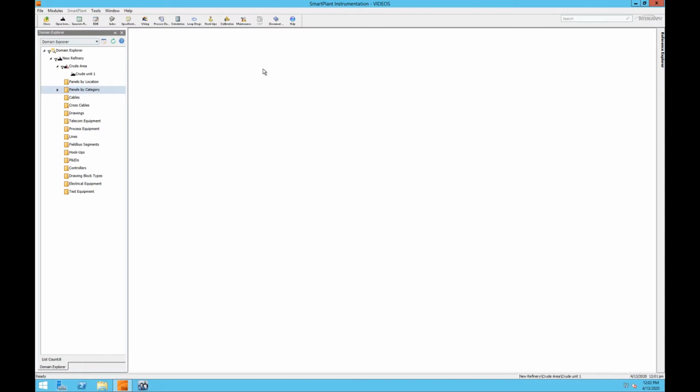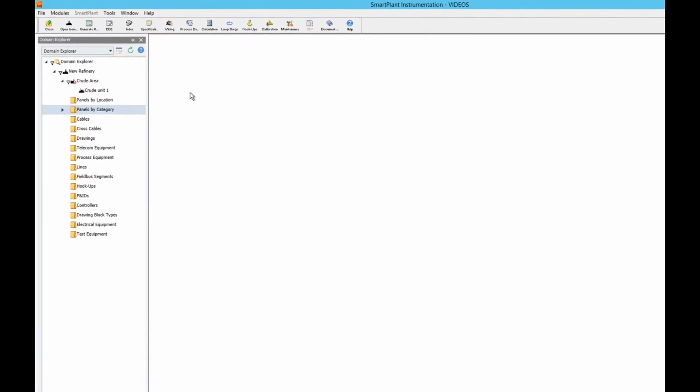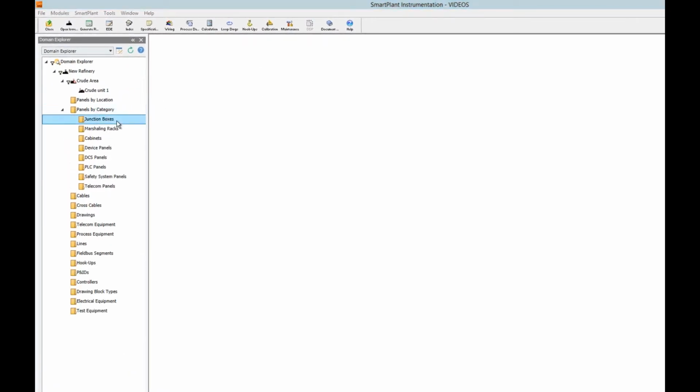In this tutorial, we will be learning how to create panels in SPI. For this example, we'll be creating a junction box. To create a junction box, we'll go to the Domain Explorer, click Panels by Category, and go to the Junction